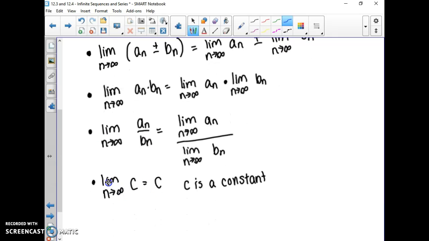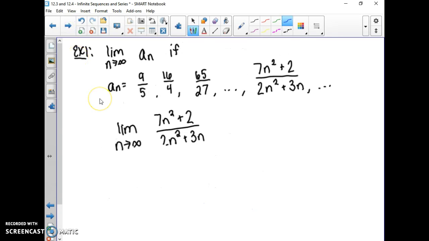The last one we have here, if I have the limit as n approaches infinity of c, and c is a constant, to think of an example with numbers, that would be the limit as n approaches infinity of 5. 5 is always 5. There's no variable to change there, so the answer to that would be 5. If you have a constant, it just stays the same because there's no variable that is changing. There's no n in your problem. All of these properties are properties we are going to use to help us find the limits of equations. Okay, so here is an example,